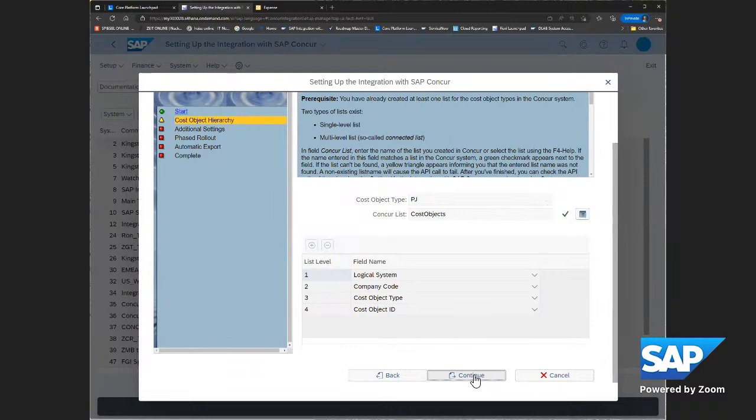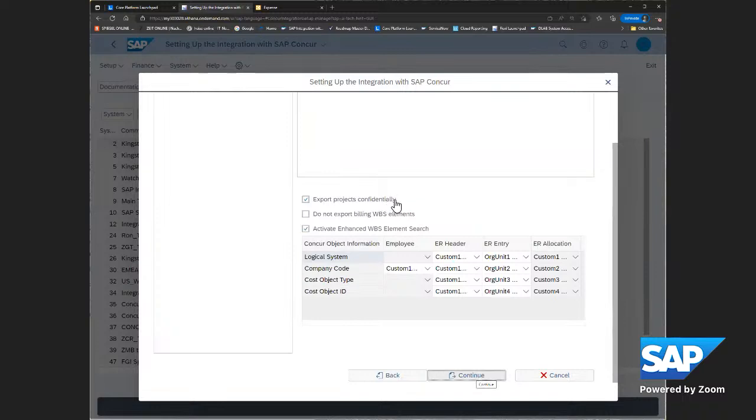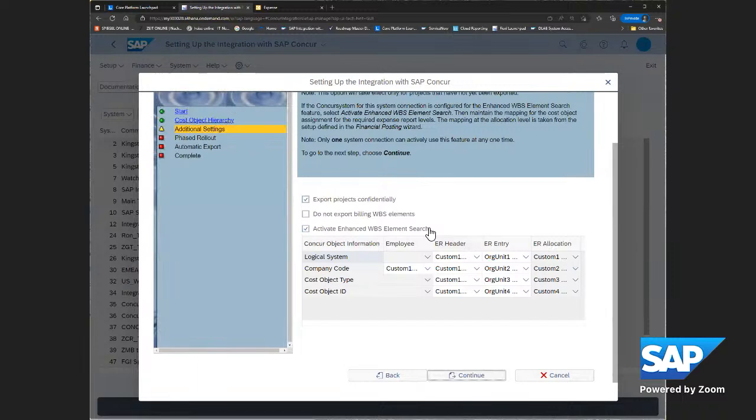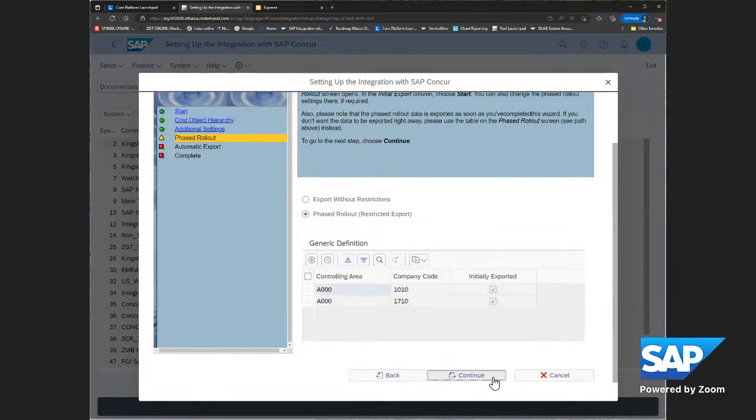And then we have a little bit of additional setup for WBS features, like exporting confidential WBS projects without a description, and deciding whether we want to use the WBS element search, which I've shown before, things like that. For all of the different cost object types, you would decide which objects should actually be replicated to Concur, whether you want to replicate all of the WBS elements available in the system, or, as in this example, we are just replicating WBS elements from two different company codes, 1010 and 1710